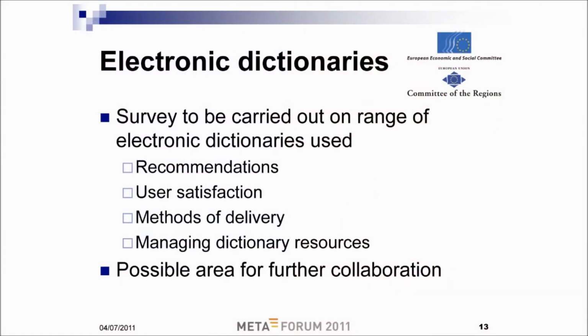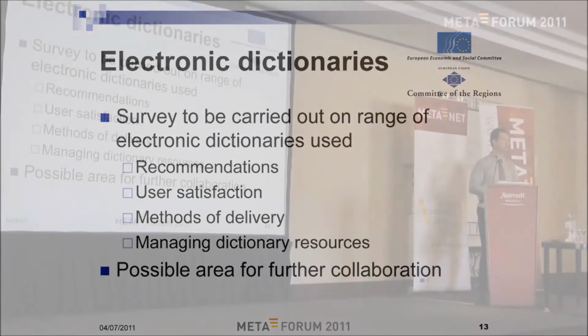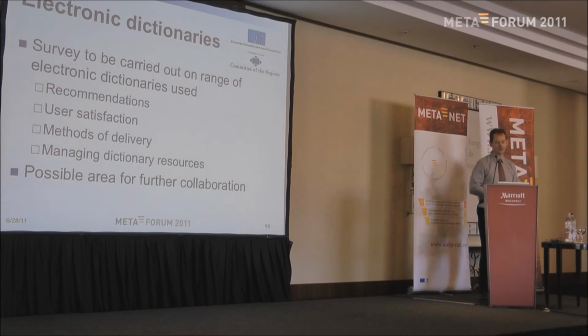Electronic dictionaries, we're not developing electronic dictionaries, we're looking at how can we best deliver electronic dictionaries to our translators, and also which electronic dictionaries should we deliver. The European Parliament's done a lot of work on this in particular. If you imagine a translator in our environment is commonly working with several languages in the Parliament and the committees, they might be working with 6 or 7 languages. So having all the dictionaries and resources available for those languages is actually quite a difficult thing to manage across all the translators. So that's something we're looking at how we can improve.